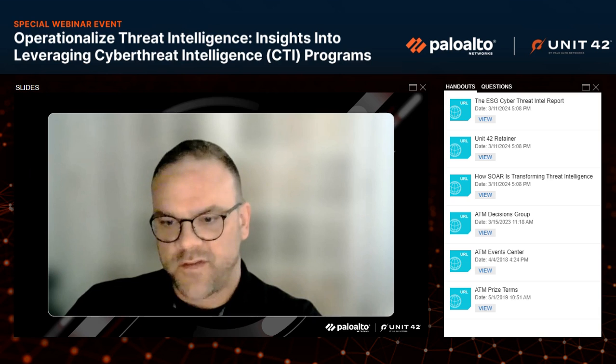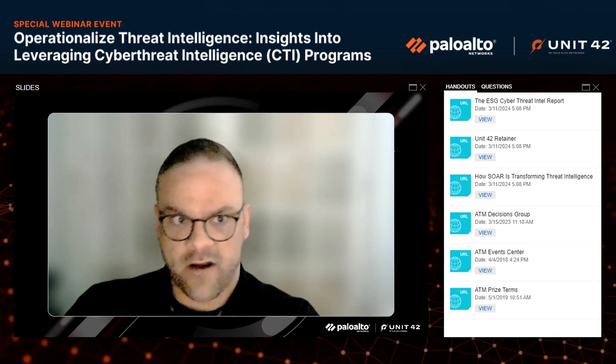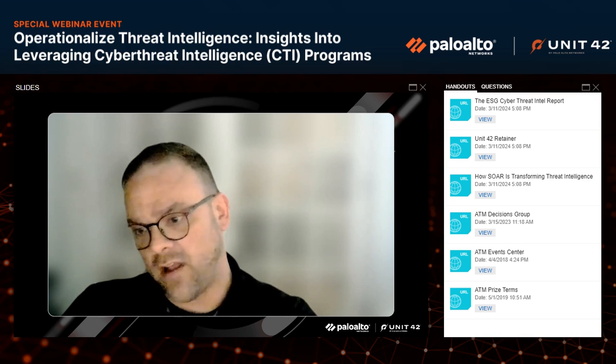Again, we didn't really cover this in the conversation, but it's really important to notice and to differentiate between those three different types of intelligence. So from the tactical perspective, we'll start there. That's intelligence and data related to what TTPs are defined by threat actors that they're leveraging to